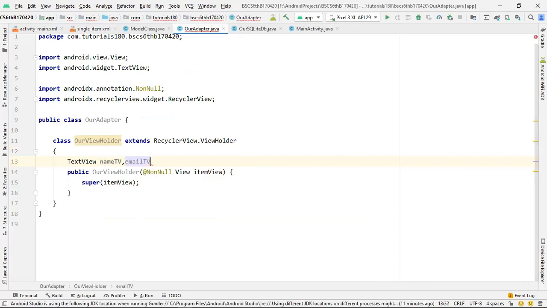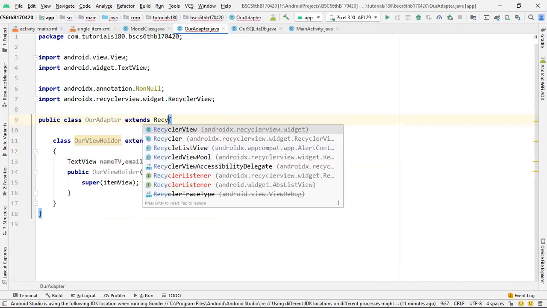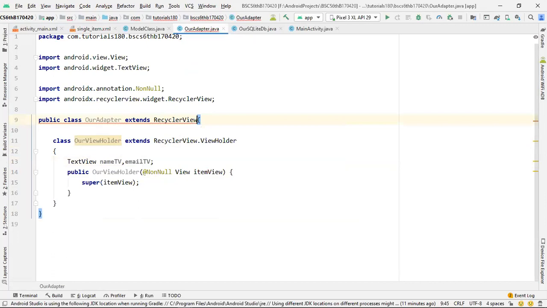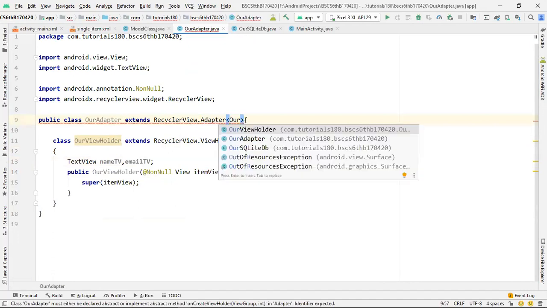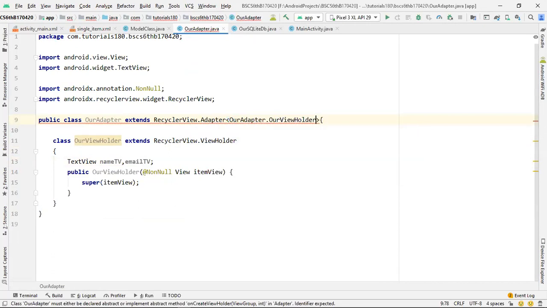After creating these two text views, inside our adapter class I'm going to extend RecyclerView.Adapter, and inside the angle brackets I'm going to pass the name of the view holder class that we want to attach with our adapter, so I will be passing our view holder.